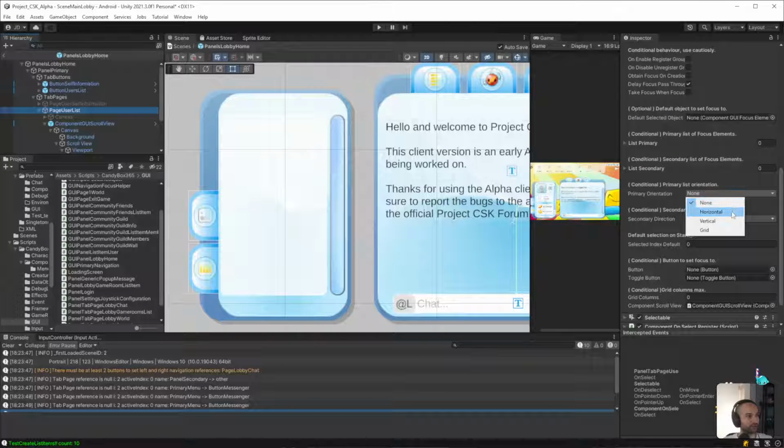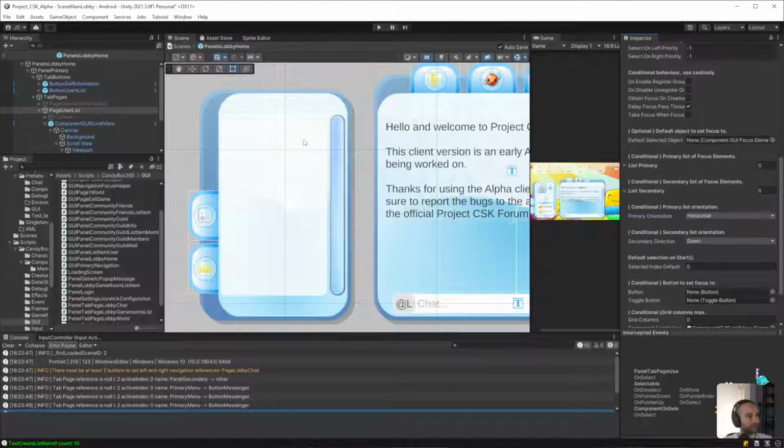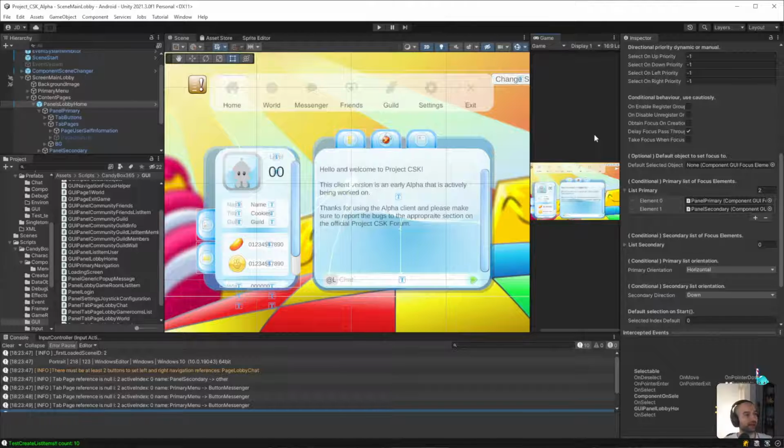Primary orientation will be horizontal or vertical. I don't think it matters. And then we need to set this, I think, as the primary. Let's see if that fixes it.